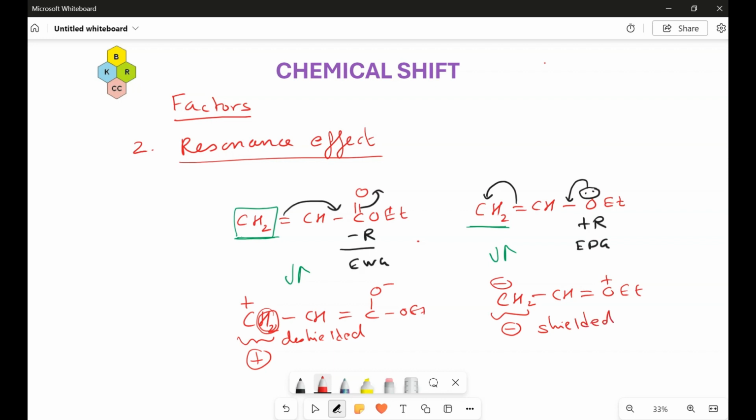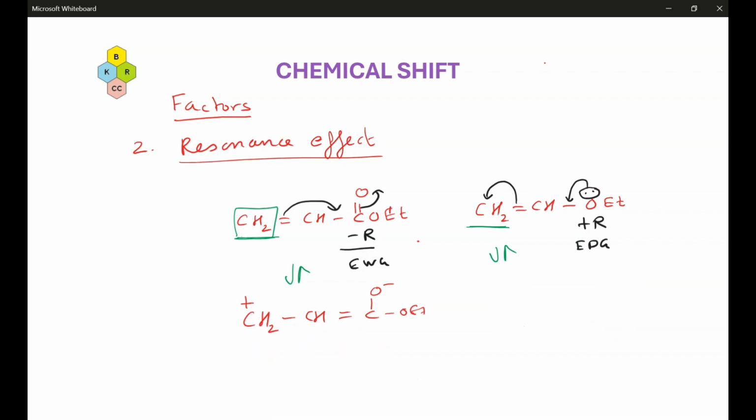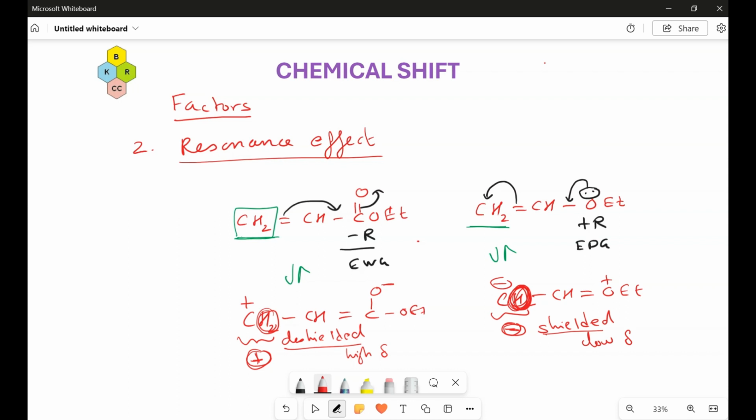They have more density of electrons here. You have less density of electrons here because the electrons have been removed by the electron withdrawing group. They are de-shielded here. They are highly shielded. So what will happen since they are de-shielded? They'll be having high delta value. Since they are shielded, they'll be having low delta value. So this is the effect of resonance. Resonance will vary the chemical shift values of the hydrogens or carbon for that matter. Because of resonance, if the hydrogens are deprived of the electrons, they'll be de-shielded, and if they get more electrons,